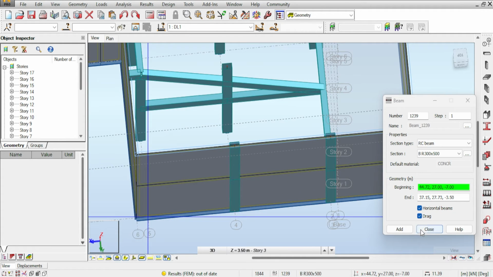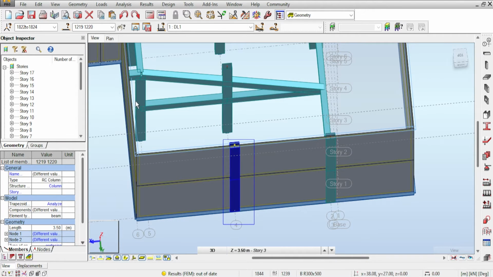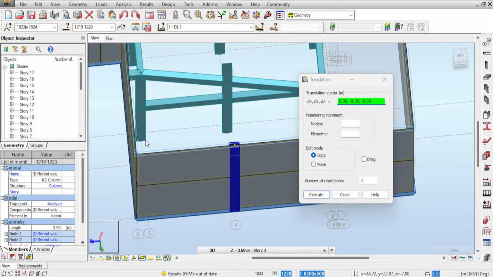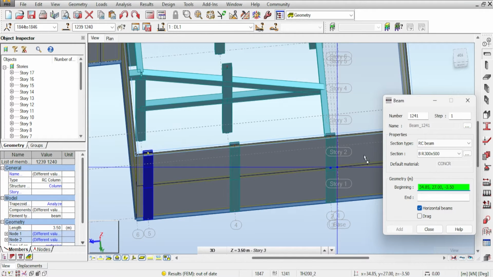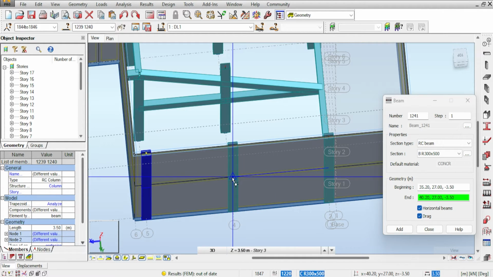So, oh, I need a column here. Did I delete it? So I just Edit, Move or Copy it. Edit, Edit. I think I by mistake deleted it off screen. So Edit, Move or Copy, and I'll copy from here to here. There we go. Once again, the discussion about columns and walls and whether they are connected or not. Whether the column is an integral part of the wall or not is an ongoing discussion, and it depends on your view. So, okay, I'll just draw a beam here